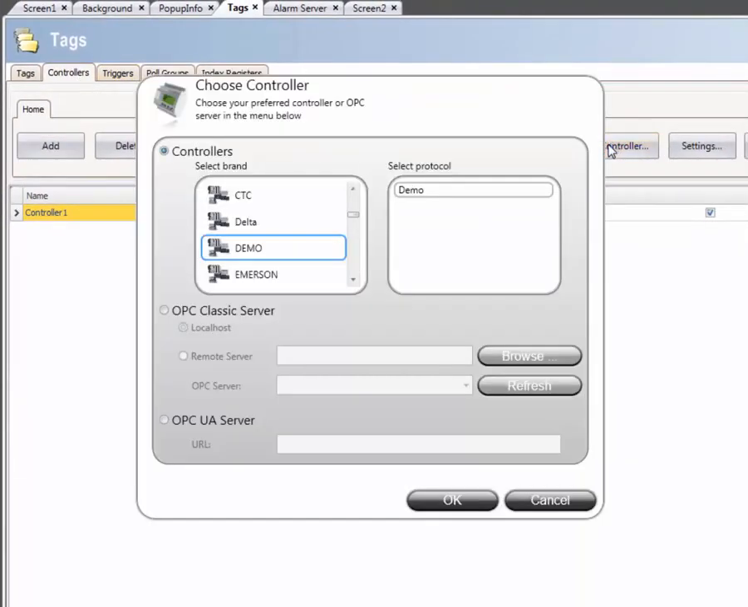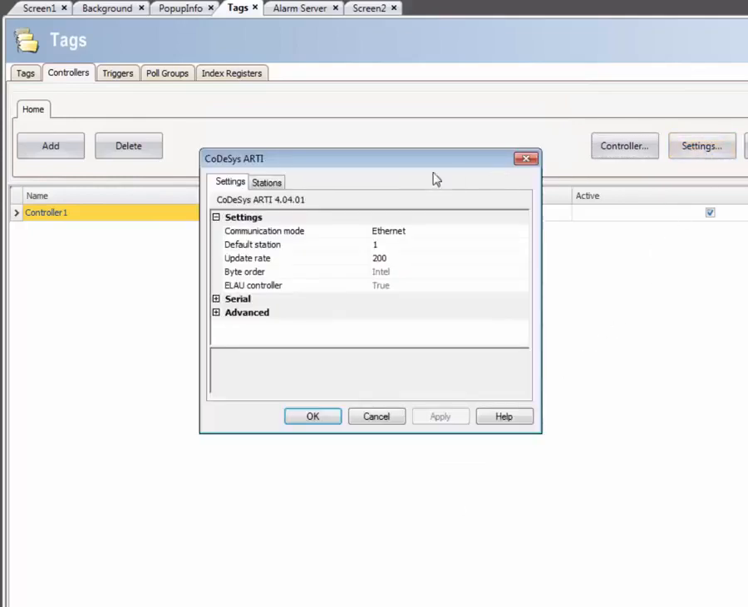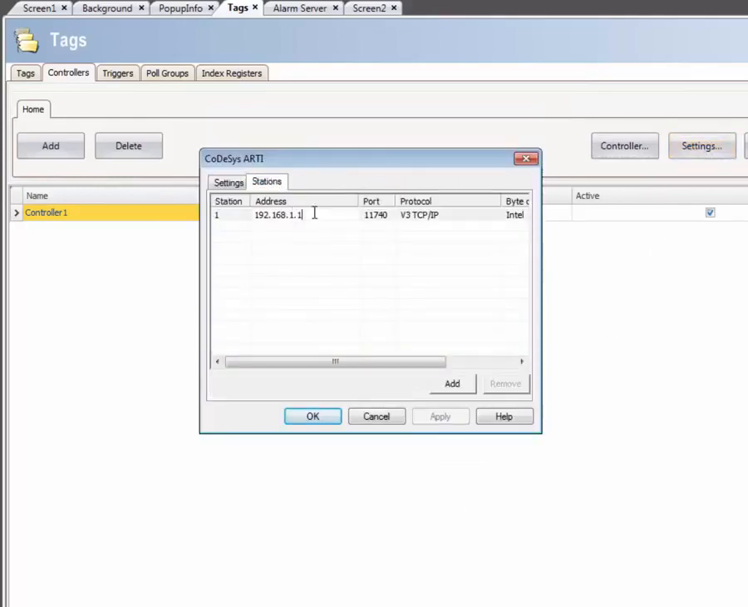When clicking on the Controllers button, a list appears. We will select Code Assist Driver. The driver needs to be configured in order to work properly. Therefore, we click on the Settings button. In the Settings tab, it's possible to define the IP addresses that the driver should connect to. In this case, address